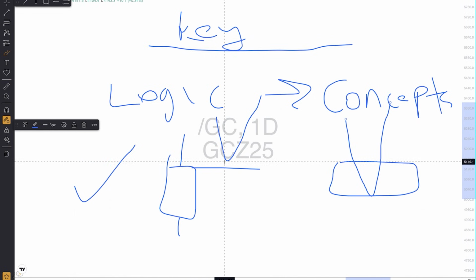What do you think that's communicating to you? If price is supposed to be bullish, it should respect a bullish order block. So if price disrespects a bullish order block, that's telling you that maybe the direction of the market is not as strong as it's supposed to be. If price invalidates a bullish fair value gap on the high time frame and you're trading and you're anticipating a high price, what is that telling you? Okay, that's telling you, if price was bullish, it was supposed to respect this level here, but because it didn't, that might mean that price is not as bullish as we might want it to be.